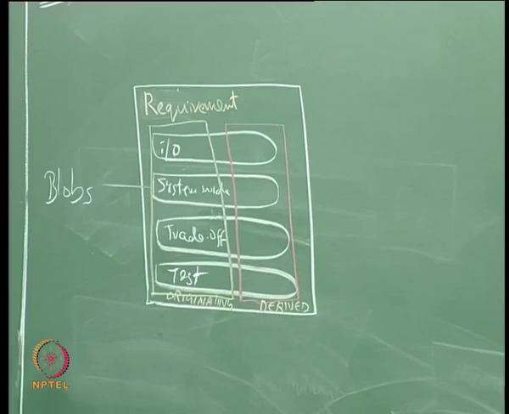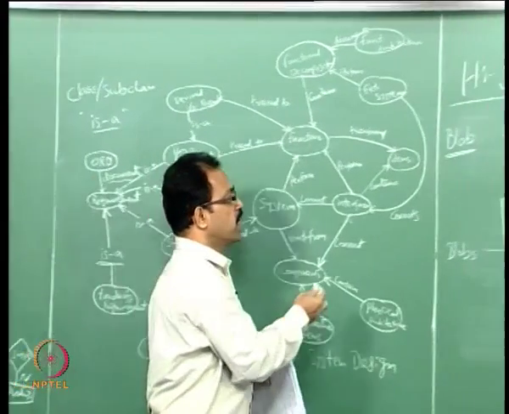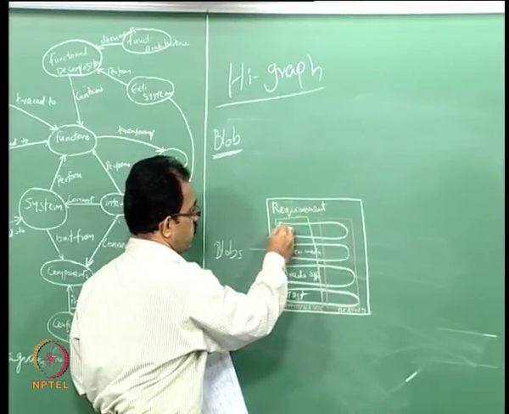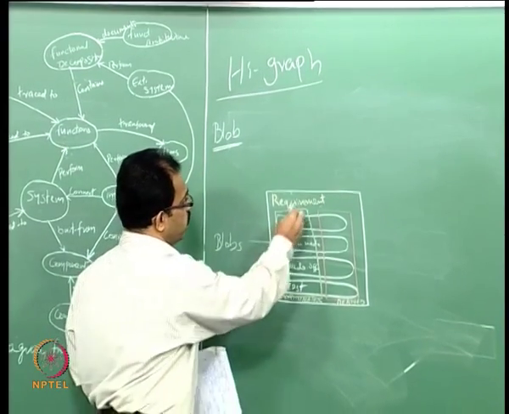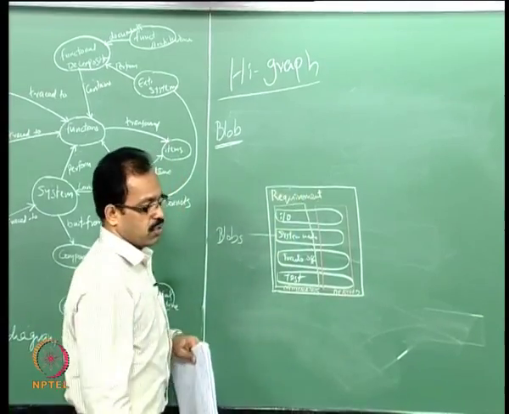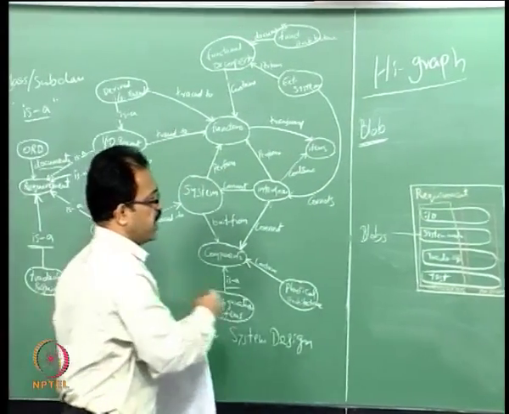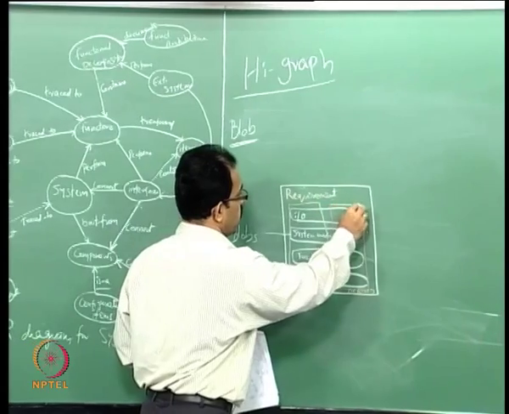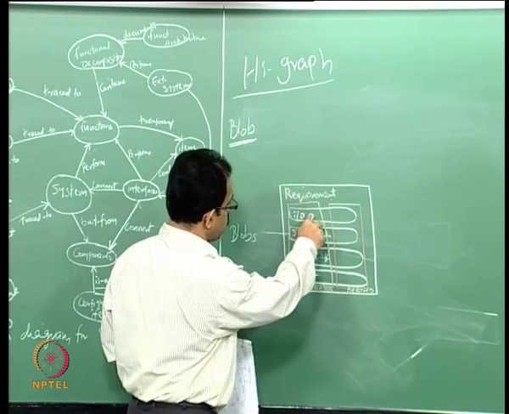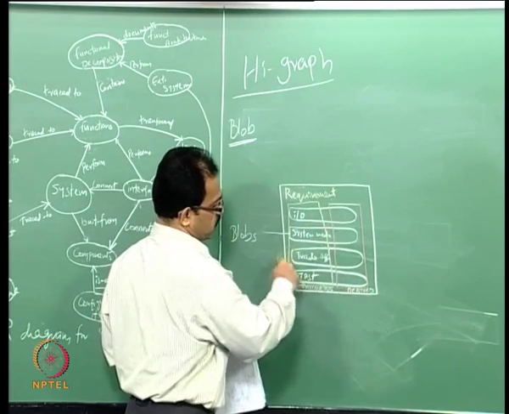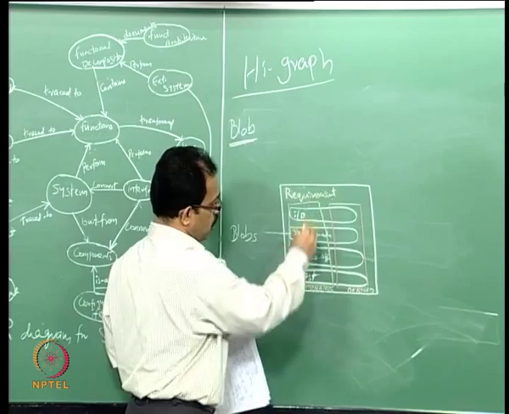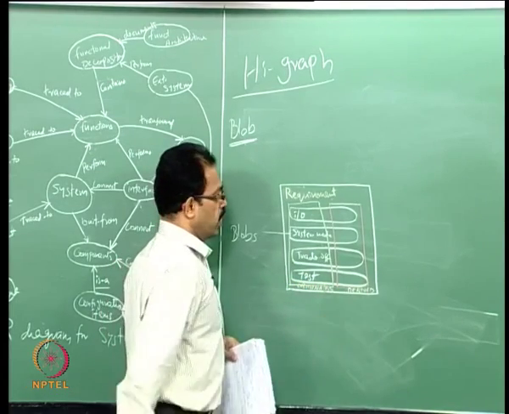So, now what we have done is that we have combined all these elements. Many elements have been combined here to form a single entity, and this combination of the elements is known as the blobs. So, we have many blobs combined into a single entity, and we are getting a single entity represented by this. In the high graph we try to simplify the complex ER diagram using this kind of blobs and entities. Here you can see input output requirement has got originating requirement as well as derived requirement. So, both are represented using the same diagram. This input output is common for both originating as well as derived.